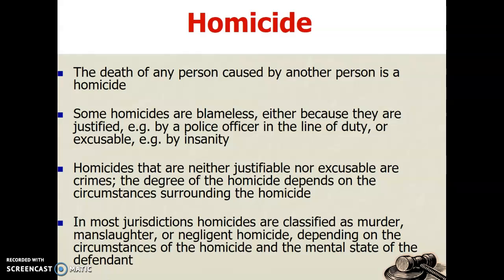Excusable. We've kind of talked about these before, but that would be an insanity situation where the homicide is almost excused or explained by the insanity that the individual is going through. But for this chapter, we're really going to be talking more about that felonious or criminal homicide. When we talk about criminal homicide, that's where we have varying degrees. So we have first degree, second degree, manslaughter, and involuntary manslaughter. All of these different levels or degrees of homicide are important to know because that's how we decide what the